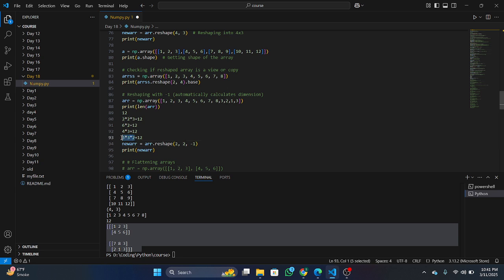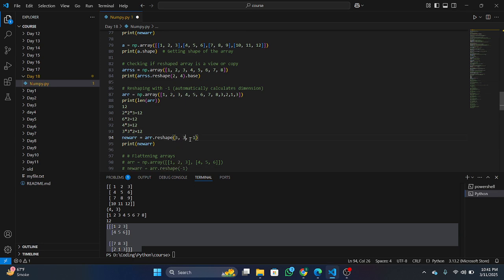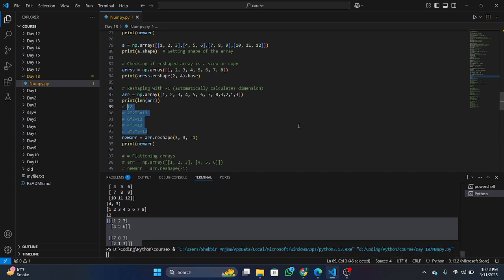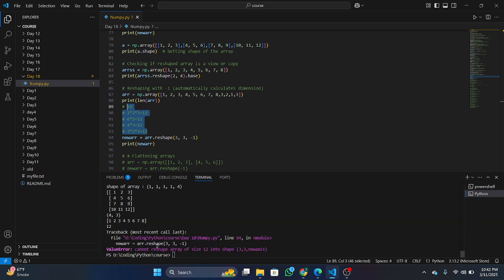So these are just the shapes like 3, 3, 2. If I write 3, 3 here, the remaining will automatically be 2. So if I comment here and print it out, there is a value error because